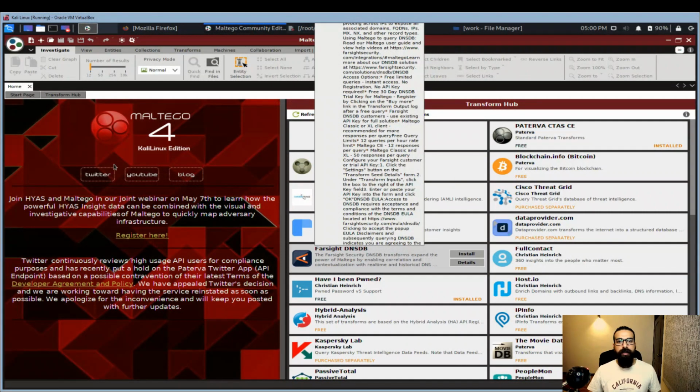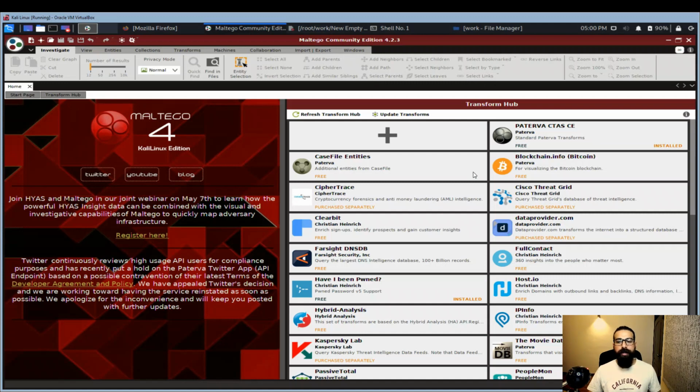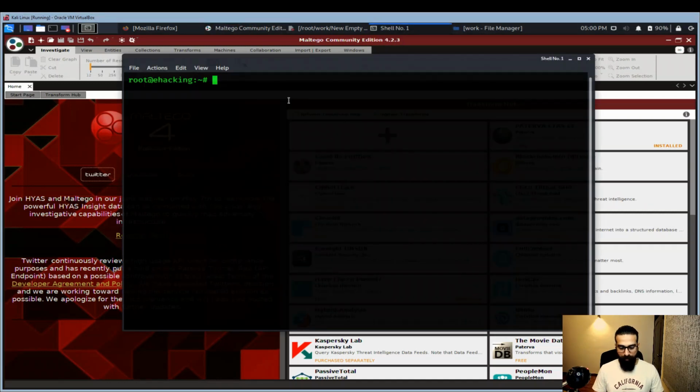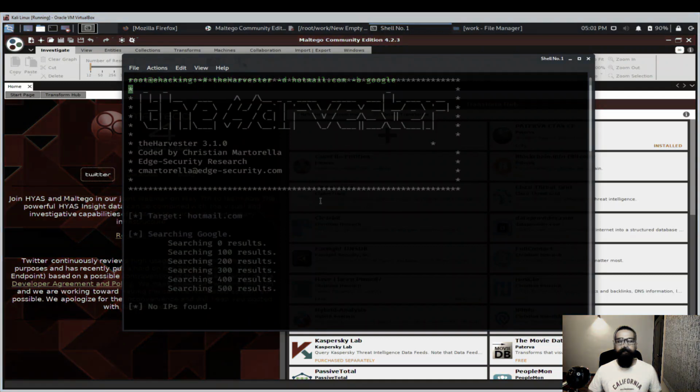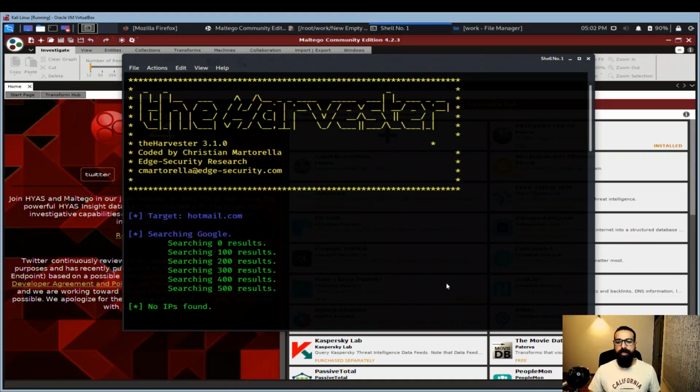So this is my Kali Linux machine. As a starting point, let's search Google for email addresses using the theHarvester tool. For example, there you go, theHarvester. All right, -d. I want to find out the email addresses of the hotmail.com domain. -b. I want to search Google. It will take some time. You can use any organization's domain or any other specific target if you have.